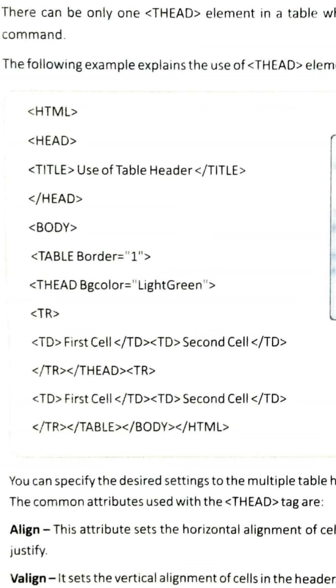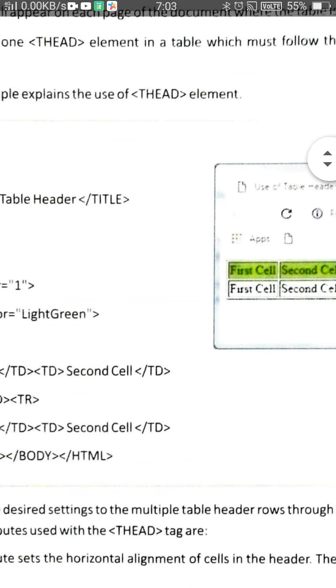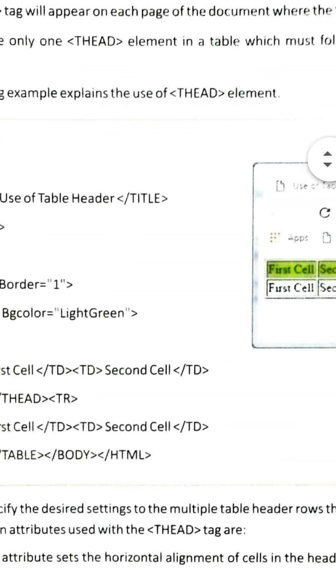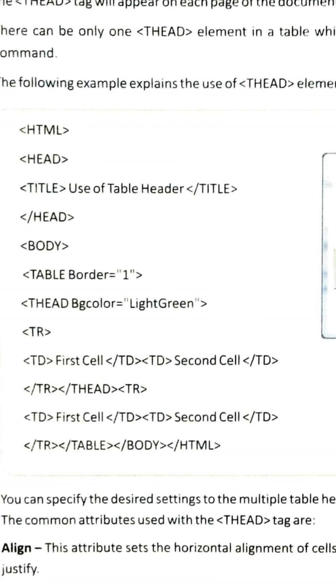After body, the table tag is started and border equal 1. Next, T head, BG color equal light green. You can see in the first row, the BG color is coming light green. After that, TR.